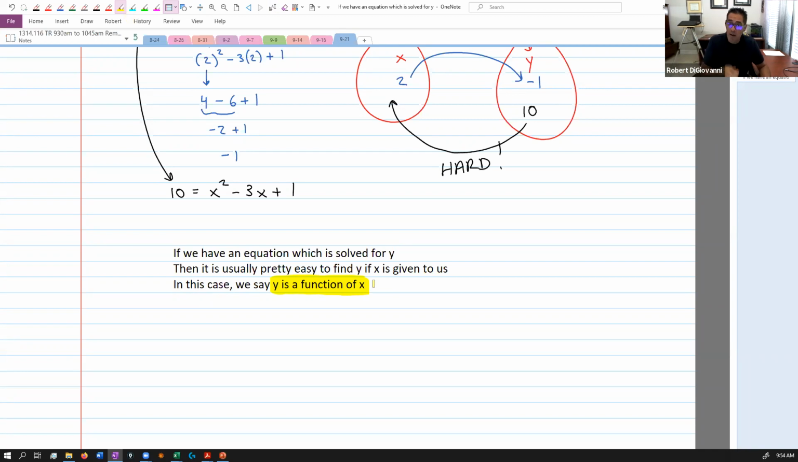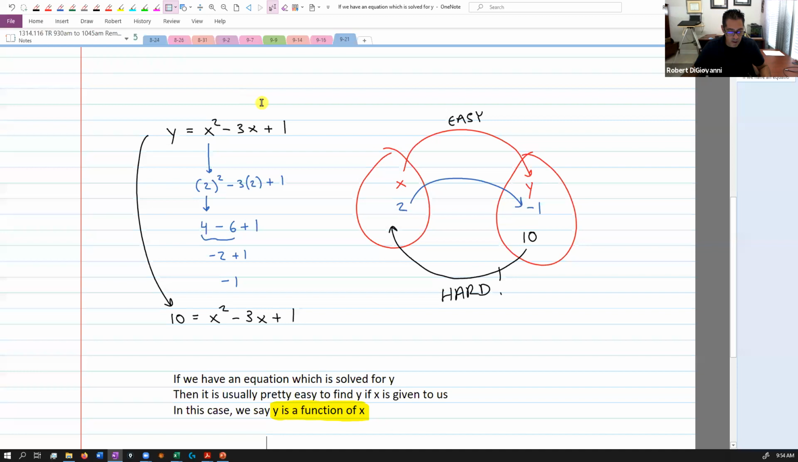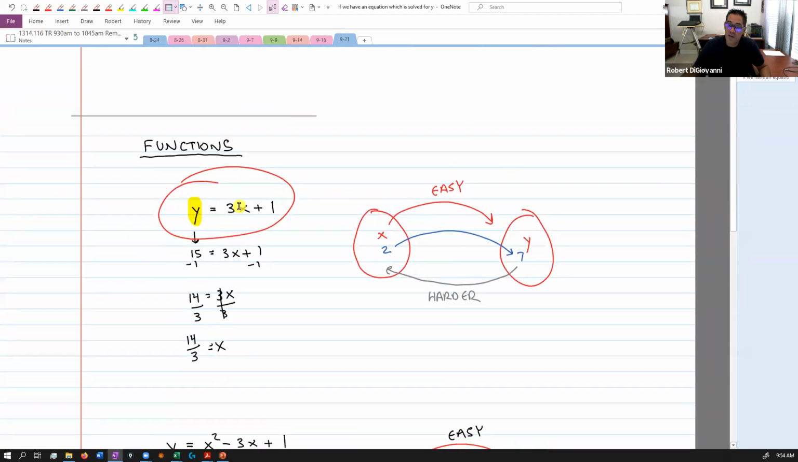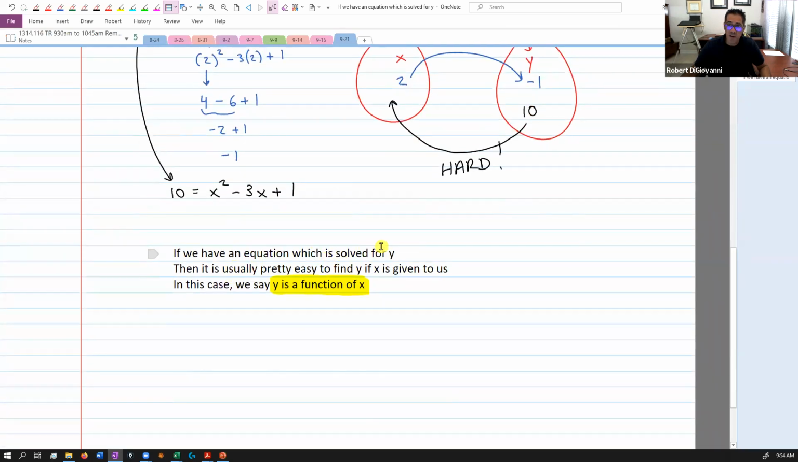So if you want to know y, someone's got to hand you x. Going back to the two examples, if I want to know what y is, then someone just needs to give me x and I can figure it out. Here, too, someone just has to give me x. So when we have this scenario where y is solved for, y equals something, then we say y is a function of x, and we use